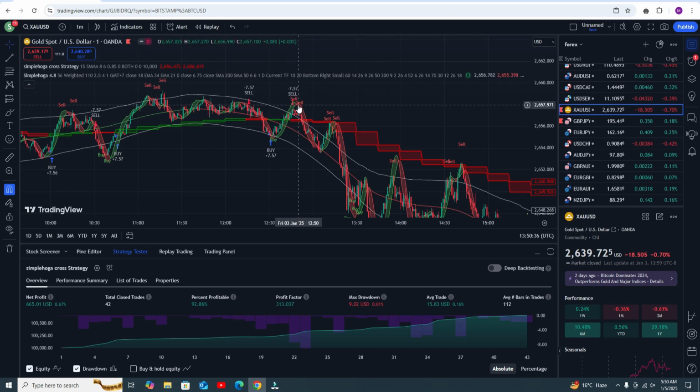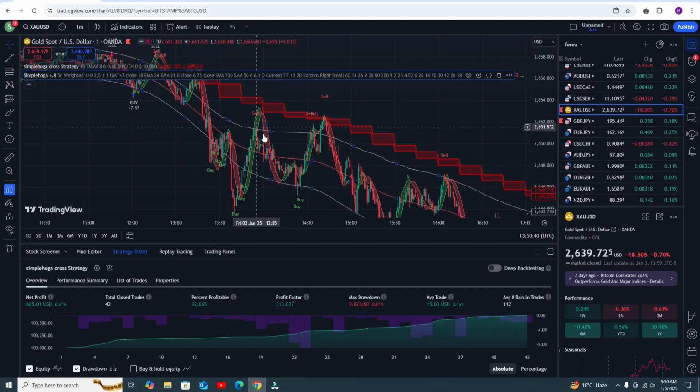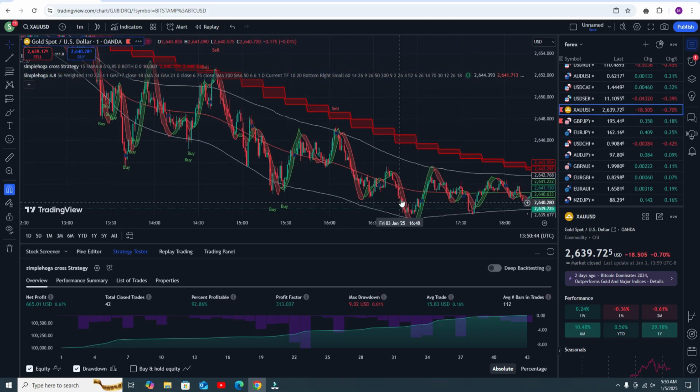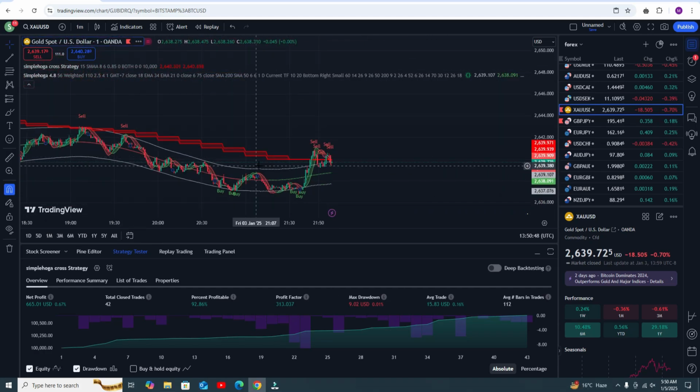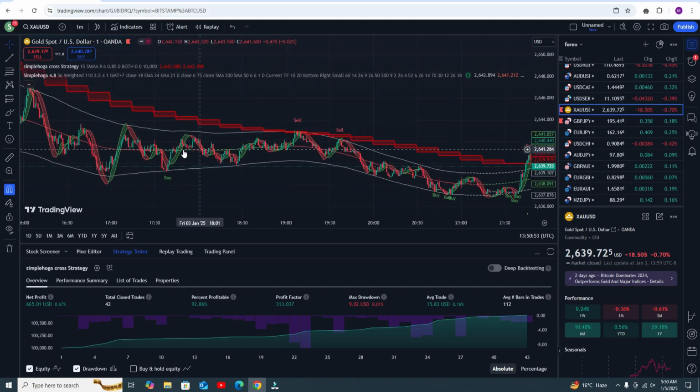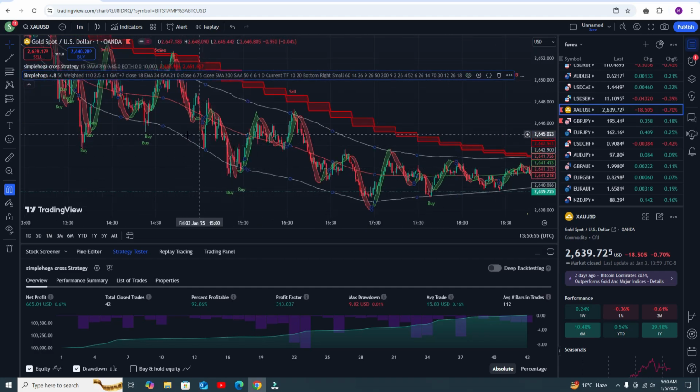Okay, here you can see when you got the signal. Now I told you to follow the sell signal. Follow the sell signal, got the profit. Sell signal, got the profit. Sell signal, got the profit, and so on. Here you can see this is a sell signal also. But here one thing we are missing.